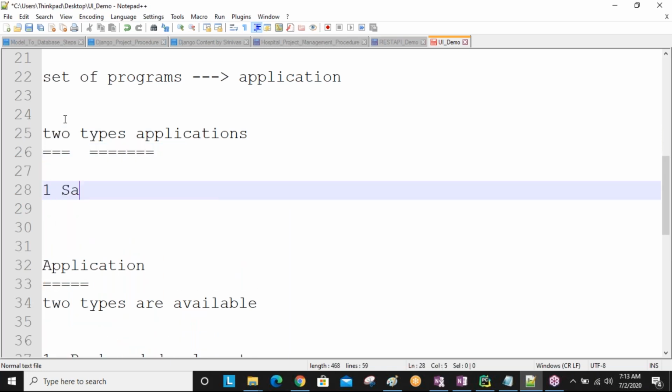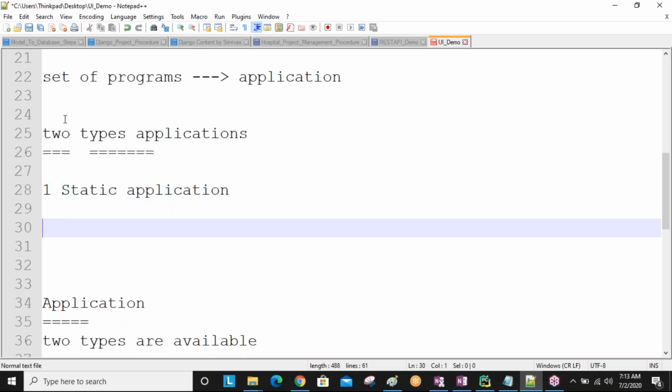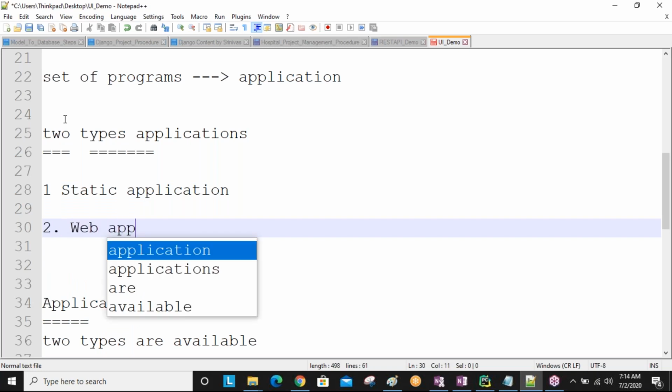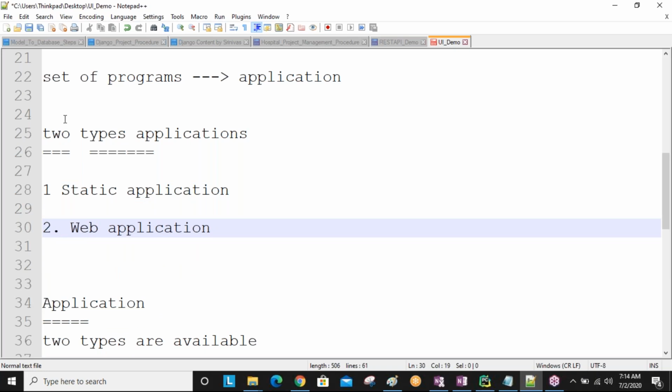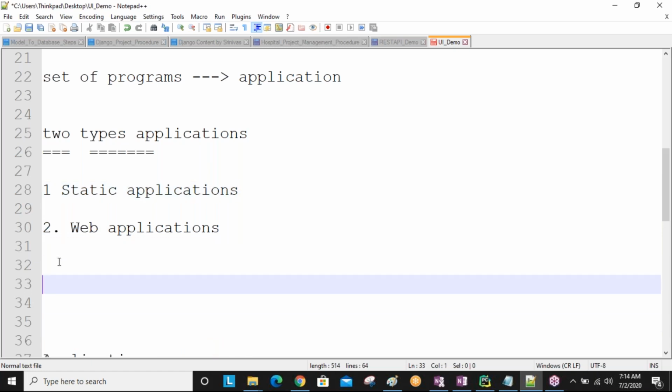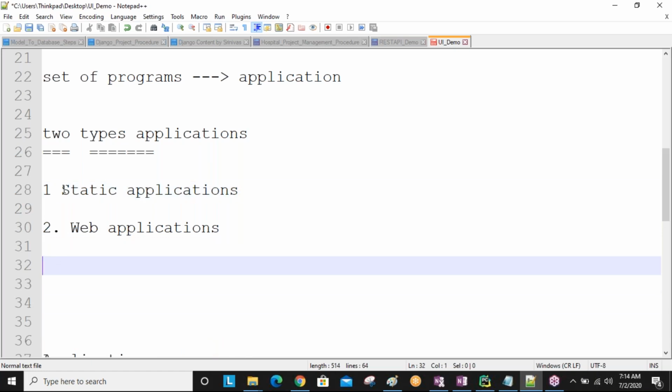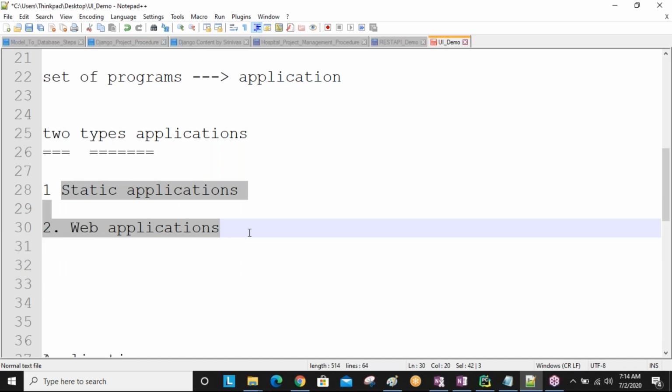The second is dynamic application, or simply web application. Nowadays in our mobile, hundreds of apps we are using. All apps are divided into two types: some are static applications, some are web applications.